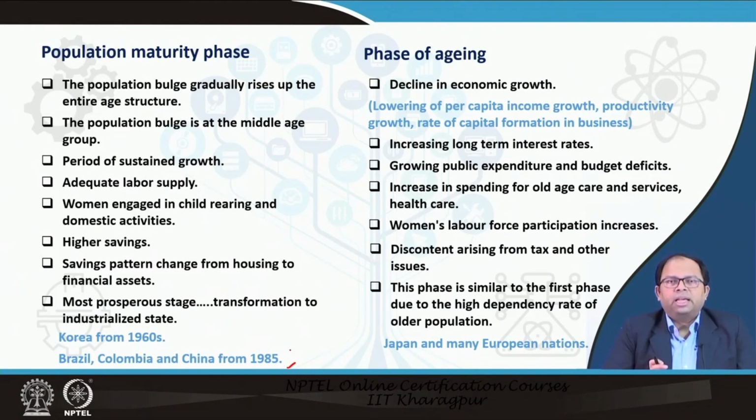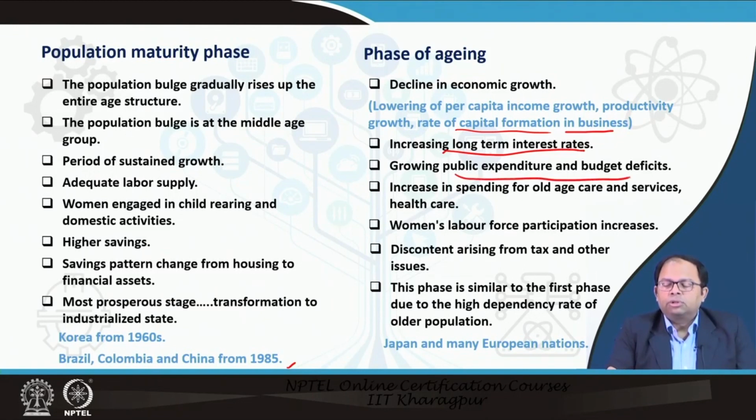This is the best phase, I would say, because this is the most prosperous phase, and this is when cities or countries become industrialized or they become developed. Then comes the phase of aging, where there is decline in economic growth because of lowering of per capita income growth, not because people have aged, so they cannot actively participate in the workforce, and so productivity growth is now low. Rate of capital formation in business is also lower. This also increases long-term interest rates, and then growing public expenditure and budget deficits, because government has to spend more on supporting all this,